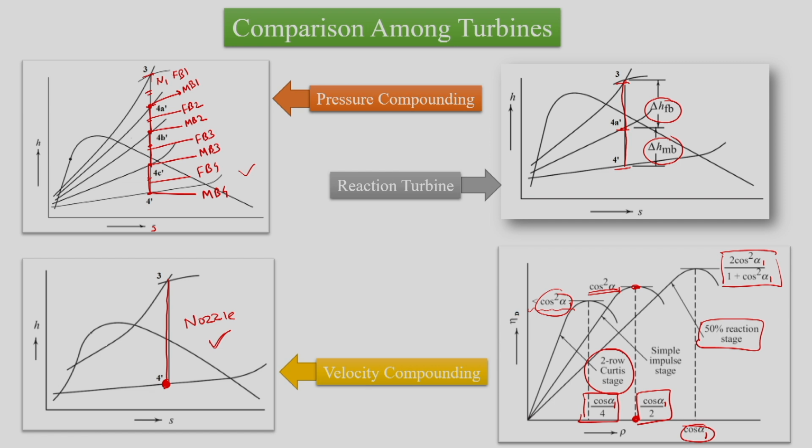So, here we discussed what we mean by a reaction turbine and how to work out the velocity triangle of a reaction turbine, and how we can compare the performance of various reaction turbines based on the optimum condition. For that we evaluated the optimum condition for a 50% reaction turbine. So, here we end the discussion for reaction turbine and next time we will see the rest of the part of the steam power plant. Thank you.